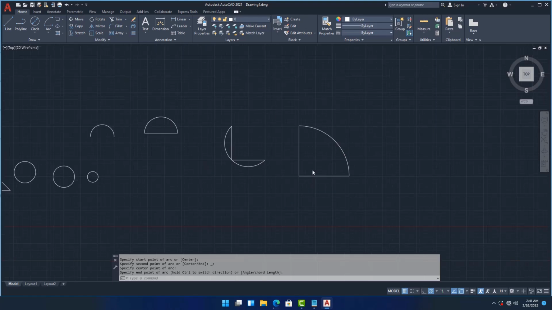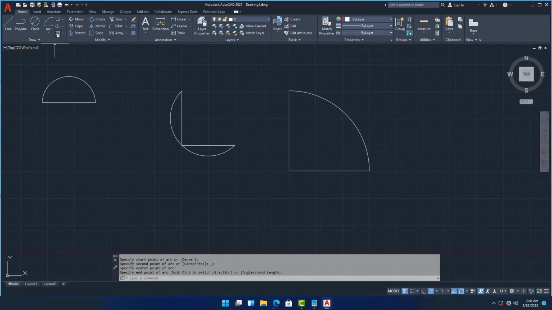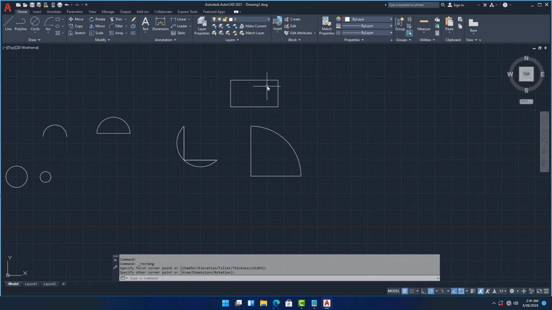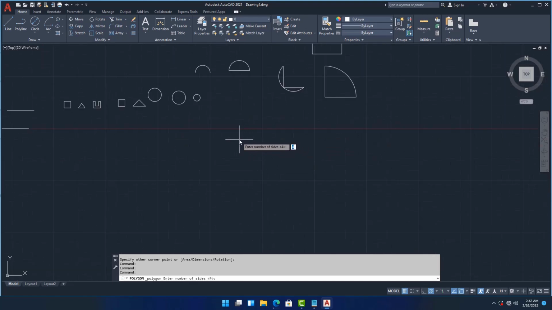Okay, the next one is how to use a rectangular shape. This is our rectangular shape. You can just create it, but it has been formed as a polyline. You understand? So how to create our polygon line: it is going to ask you what shape you want, because a polygon has 5 sides, 6 sides, 7 sides. You understand? I'll click on my 7th shape, click enter, and it's going to ask you to specify